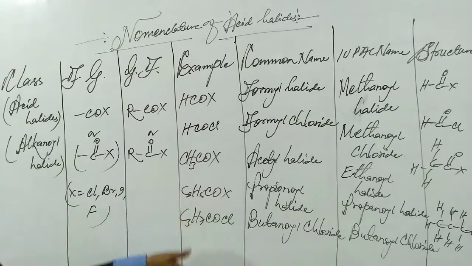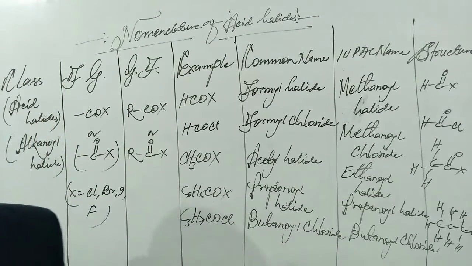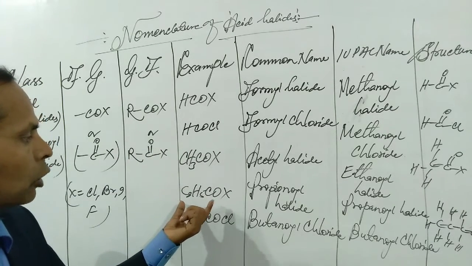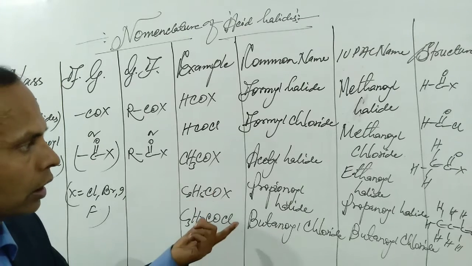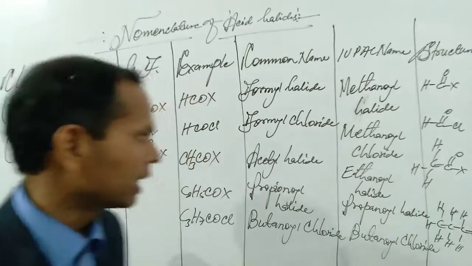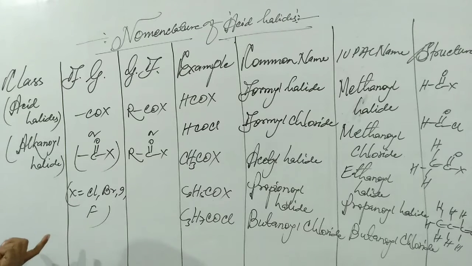So different groups have been given. This is the example. An example will be limited, so all of this cannot be written here, but you can clearly understand the matter. So we can write a large number of compounds. This group is ethyl, and the total number of carbon atoms is 3, and 3 carbon atoms is for propane. So the common name will be propanoyl halide, and the IUPAC name will also be propanoyl halide, because the IUPAC name is alkanoyl halide, and 3 carbon atoms is for alkane, like propane. That is why the IUPAC name will be propanoyl halide.